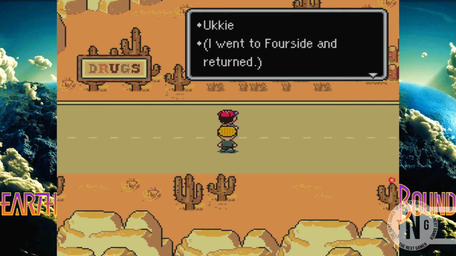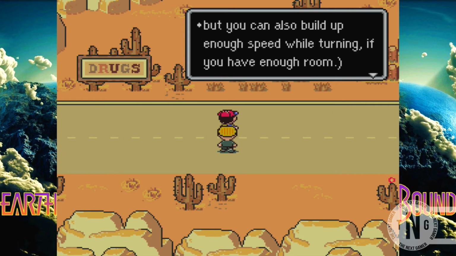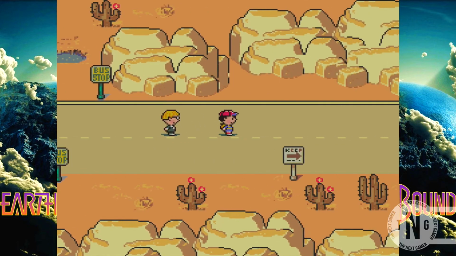I went to Foresight and returned. I showed you the basic straight course, but you can also build up enough speed while turning if you have enough room. Okay, why don't you try it, young man, and...